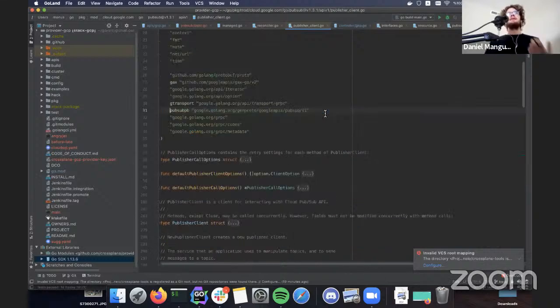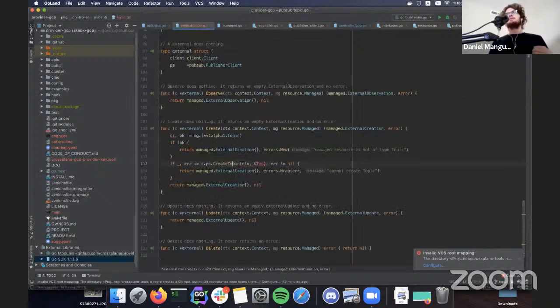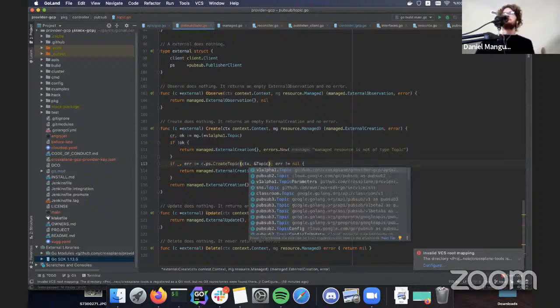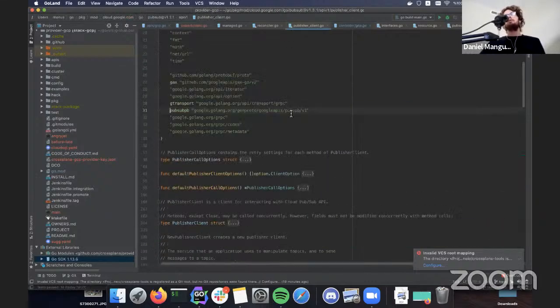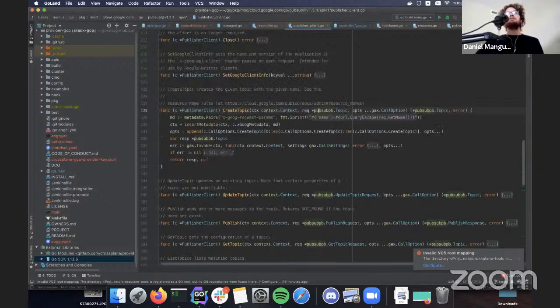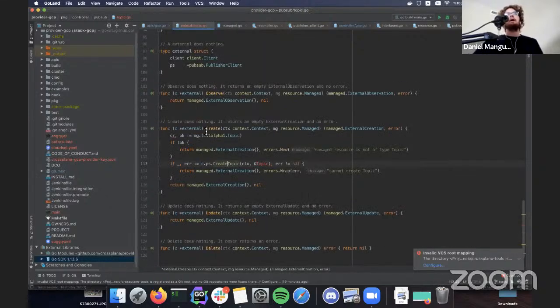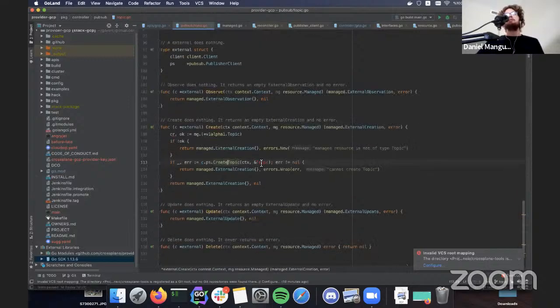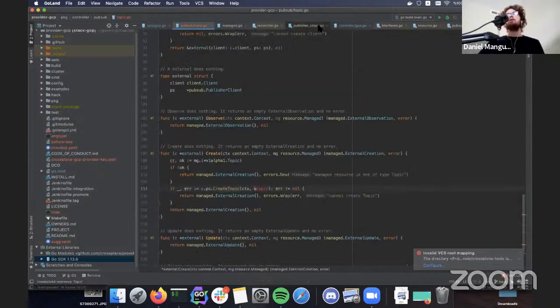So you don't need to check if it needs an update or delete in most cases. I don't want to speak for all of them because there are some weird APIs where you have to do additional checks. But generally, in observe, you're going to determine whether you need to call create, update, or delete. And for delete, you just delete when the object's deleted in Kubernetes. So that'll be called automatically for you. But generally, by the time you get to one of these methods, that's what you want to do.